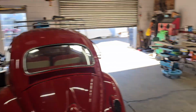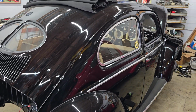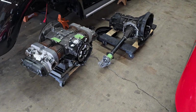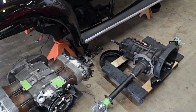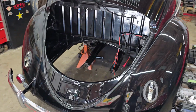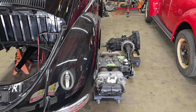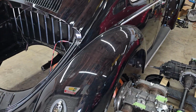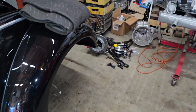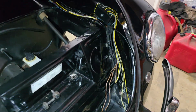So let's see what happened on the oldest car in the shop at the moment, the 52 split window, which is a bit polarizing: we took this huge motor out and built transmission and we're putting it back to stock. Some people are not happy about it, but this is the owner's car and that's what he asked us to do. So we're going to do a really nice job. So there you go. So worked primarily on the front today,